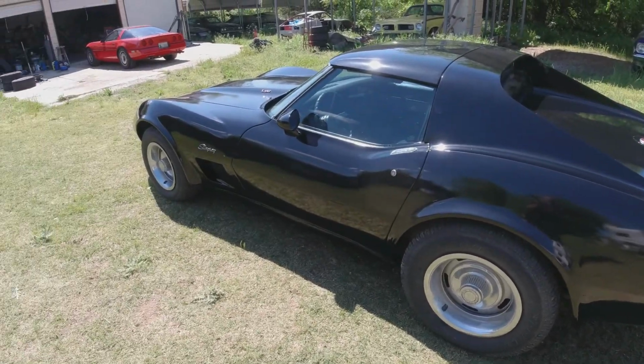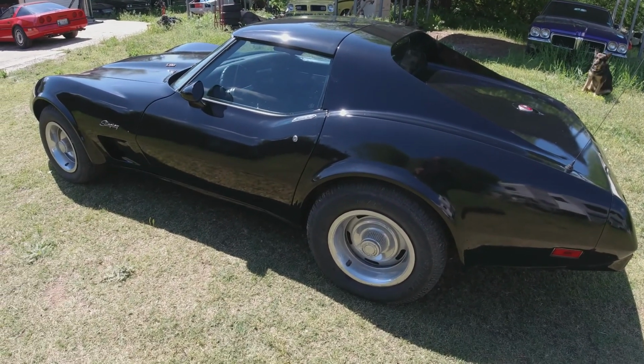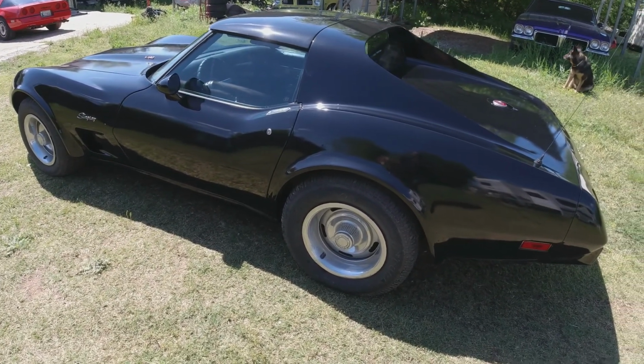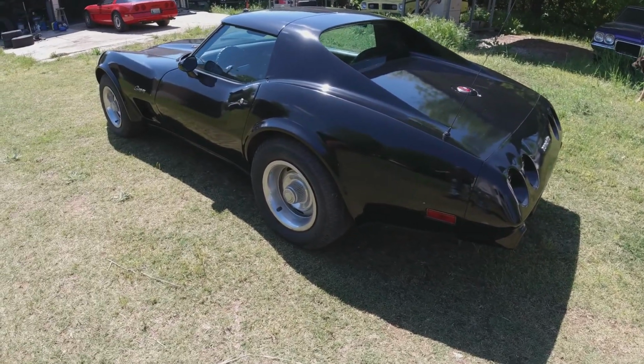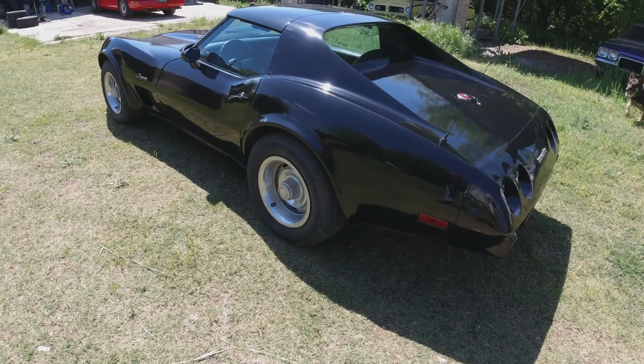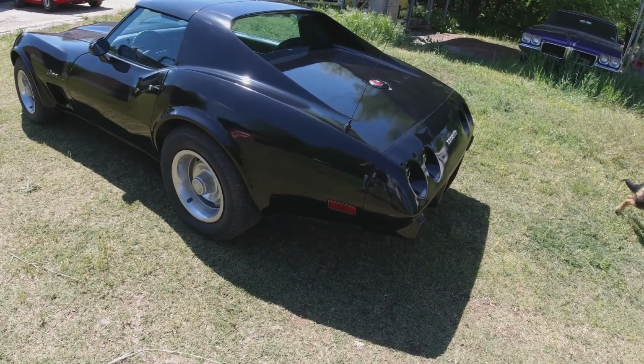So what I called this car, I explained it as I fix one thing and then I find two other things. One step forward, two steps back. That was this car for two years. Every time I fixed something, there were two more things wrong with it. And